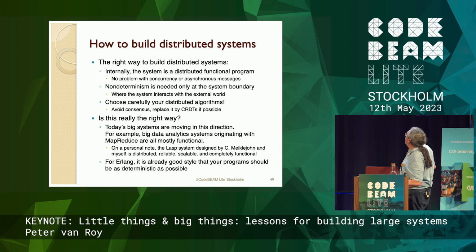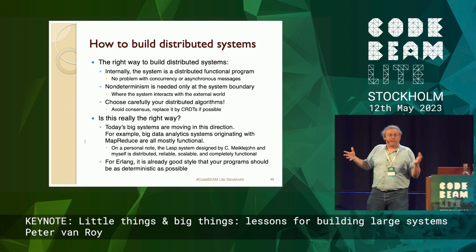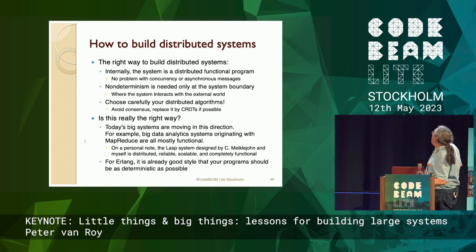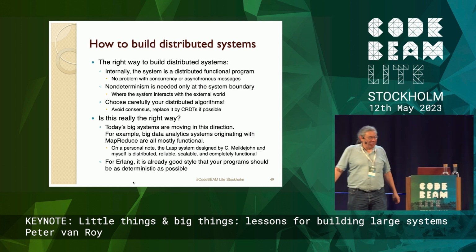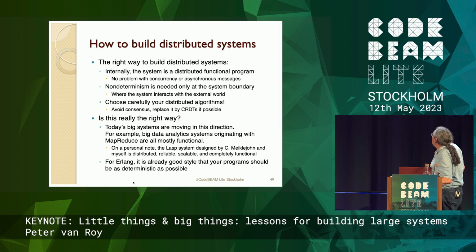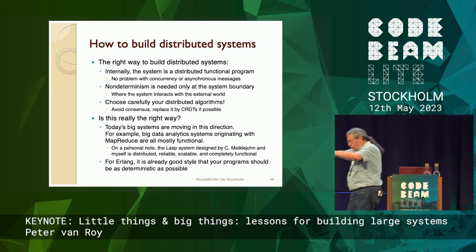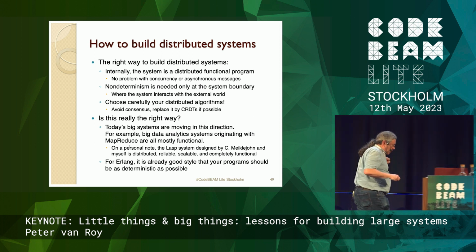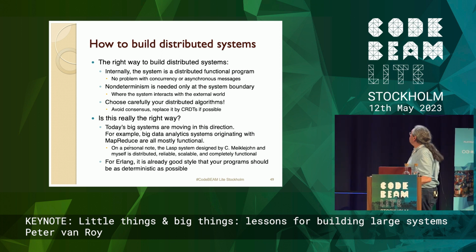Look at big data analytics. MapReduce is purely functional semantics. Implementation, of course, is not functional, but that's okay. The semantics is functional. In Erlang, it's clear. Being deterministic is good style in Erlang, clearly. And on a personal note, me and my student Christopher Meiklejohn made a system called Lasp, which is a distributed program with CRDTs talking to each other. Really nice, scalable. We actually scaled it up to 1,000 nodes. So Amazon got quite a bit richer because of that, but it was the EU that paid for it, okay?